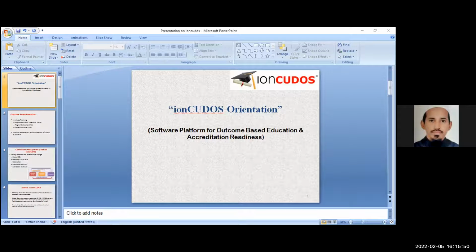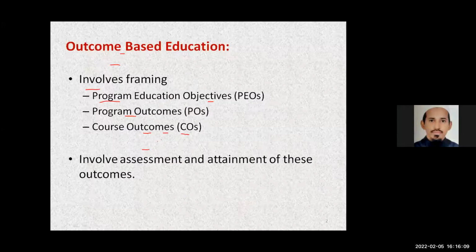So in outcome-based education, we have all these 3 points: we have to frame program educational objectives, then program outcomes and course outcomes. The objectives are what a student has to achieve after passing out of the course, after 2 to 3 years.